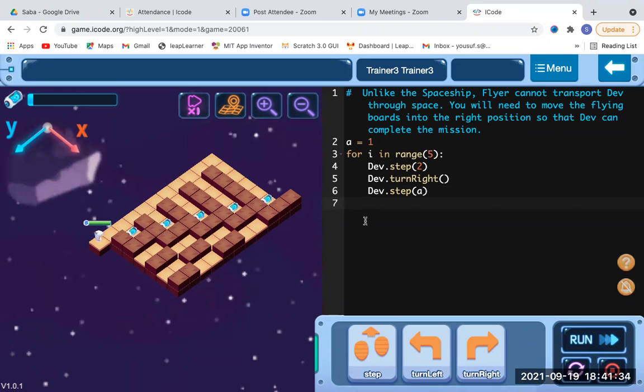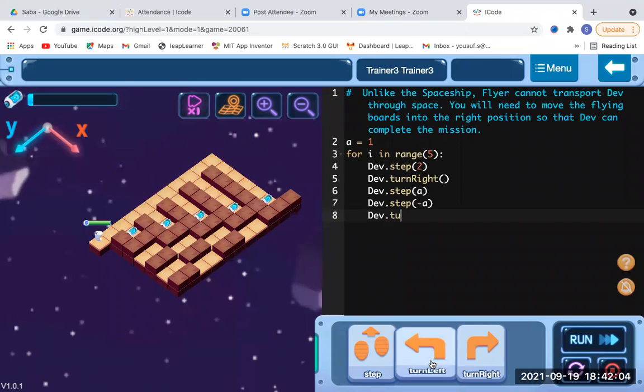Minus step, I mean, Dave step A minus, like minus A. Now he should come back, and then he should turn left, because we all can see once he comes back, he should be in a right position. Then once he should face towards straight, then he should turn left itself. That's why we are putting the left part.